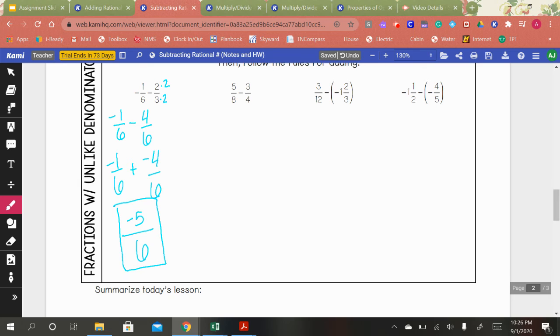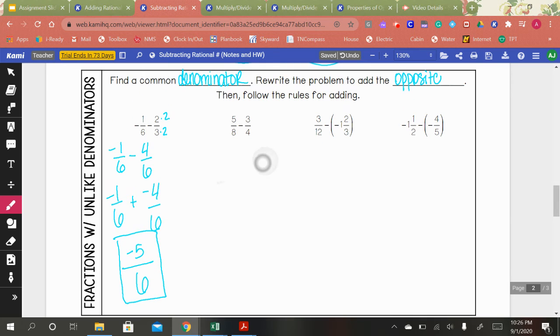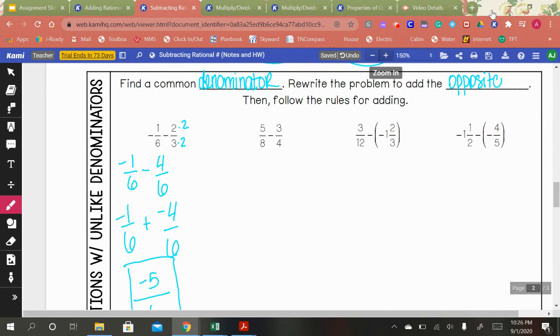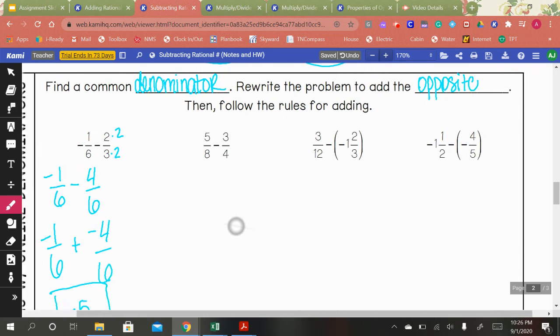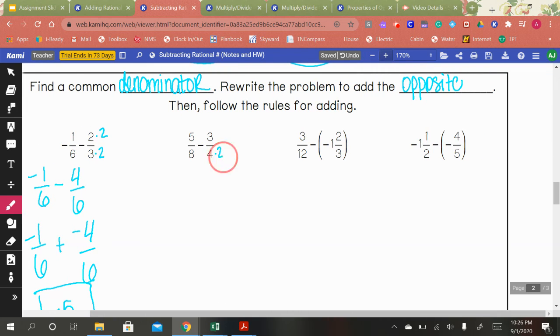All right, next one, my common denominator here is 8. Zoom in a little bit. Multiply by 2, multiply by 2, and I'm going to rewrite the problem with my new denominators so that I can see it. All right, I want to go ahead and do keep, change, change here so that we will